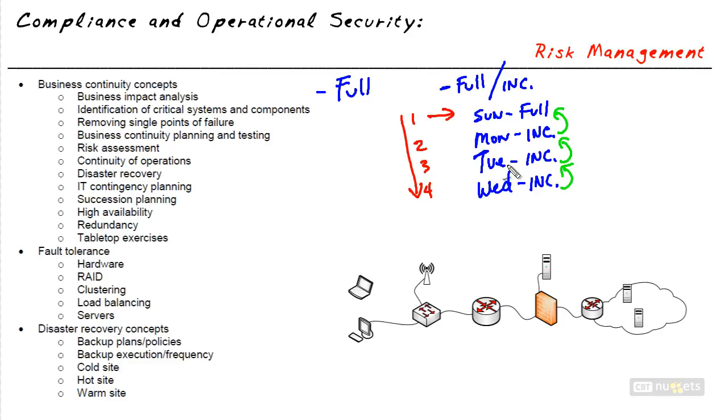Now the pros and cons of this. The Monday night, Tuesday night, Wednesday night backups maybe only took 30 or 45 minutes, fairly quickly, because they didn't have to back up all the data, just the data that changed since the last backup. So the benefit of a full/incremental combo is it takes less time to do the backups nightly. The negative, however, is that it takes the most time to restore, because instead of just restoring a full backup and having everything ready to go, you have 4 backup sets to restore in a specific order.